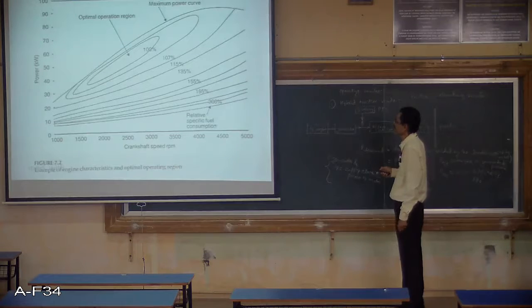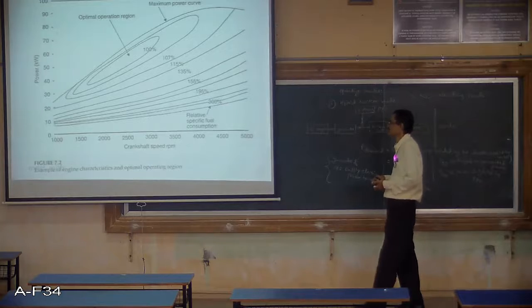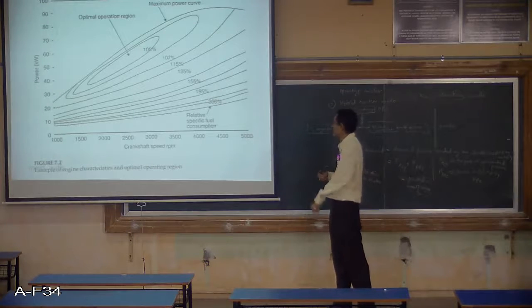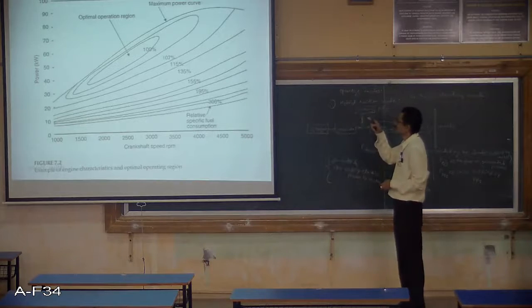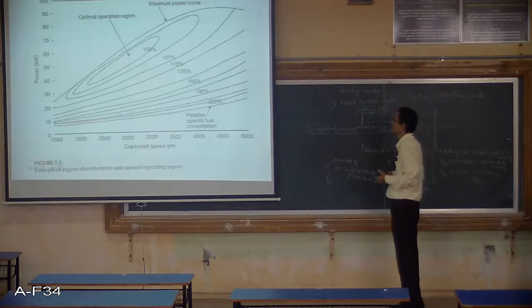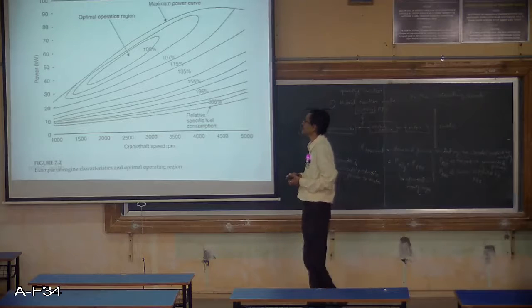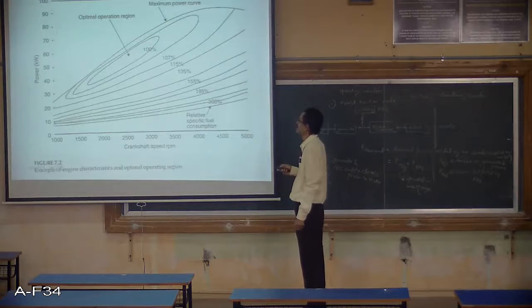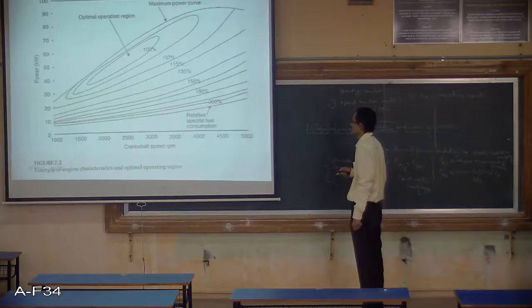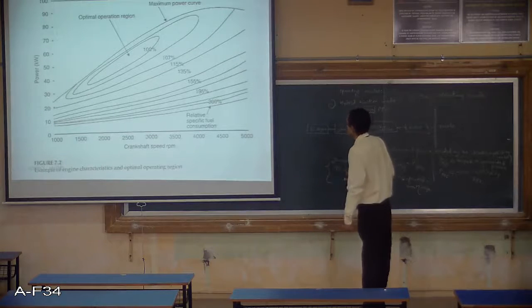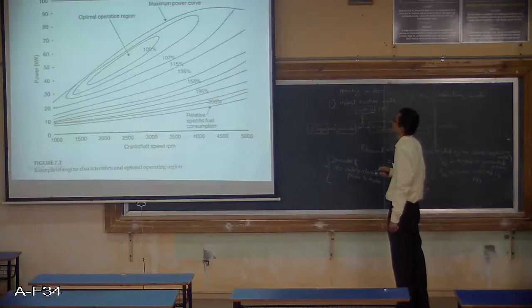Now this is the characteristic which you can see as an example of engine characteristics and optimal operating region. So for any IC engine we have got such type of curves which is known as fuel economy curve, okay, and this has been plotted for the power which is developed by the IC engine against the crankshaft speed which is in RPM. So accordingly, if you see, optimal operating region which has been shown here is within this range, which is 100%, okay.